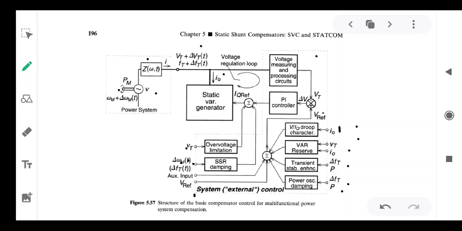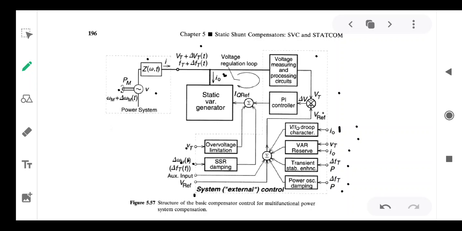So delta V is obtained from Vt and the other signal, V reference star, the modified voltage reference. You'll get the delta Vt. That error is passed through the PI controller in order to get IQ reference, from the direct input signals also. By using internal control, you can have static VAR generator control in order to get the required I0,